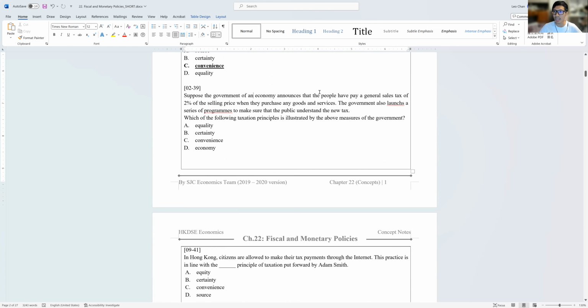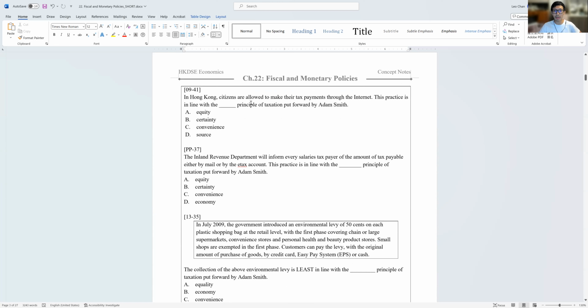OK, now, second question, suppose the government of an economy announced that the people may have to pay a general sales tax of 2% of the selling price 係咪啊？呢個咧香港當年都講咗好耐㗎，係咪？Even Hong Kong with a heated discussion whether we should have this GST or not. Obviously, it doesn't exist yet. 係咪到而家都未有㗎？係咪啊？好啦，also launches a series of programs to make sure that the public understand the new tax。好啦，你見啲字啦，佢想講啲咩？Understand 係嘛？我係要明白佢嘅。And it is clearly 2%，唔使估2% of selling price, 即係100蚊，俾幾多稅啊？2蚊咯。Very easy to understand, very easy to ascertain the amount。好啦，咁呢個叫咩 principle 啊？This one definitely will be our certainty principle。OK, 得唔得？